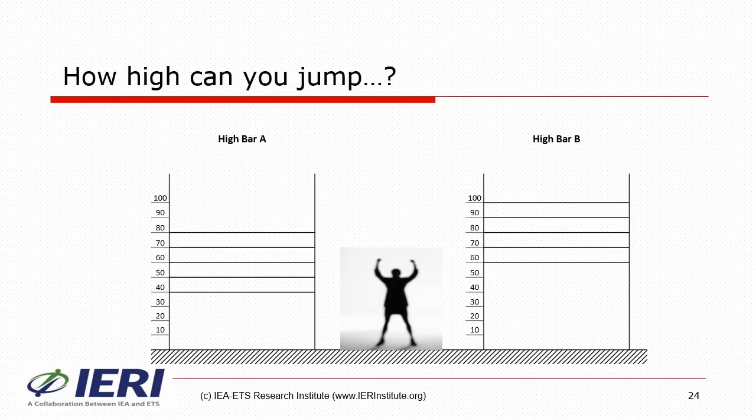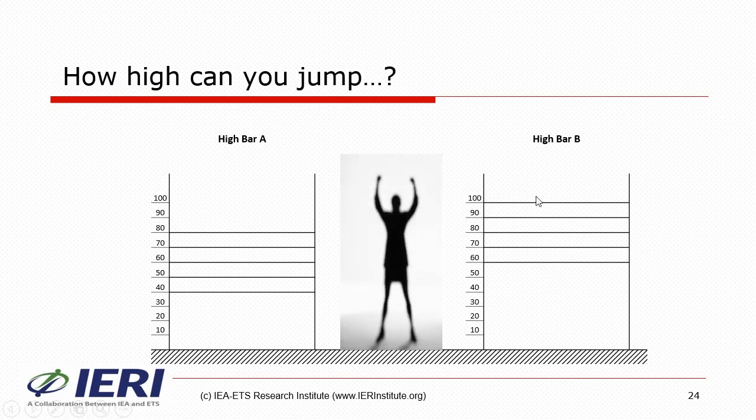In these slides, what we want to highlight is several of the issues faced with measurement. We have two instruments in this case, a high bar, an easier high bar, and a more difficult high bar. And depending on the size of the person, we could choose to ask them to jump one or the other. But even when we have already selected a high bar for the person to jump, notice that our measurement goes in 10-unit increments. So if somebody clears 60, 70, and then fails 80, 90, and 100,